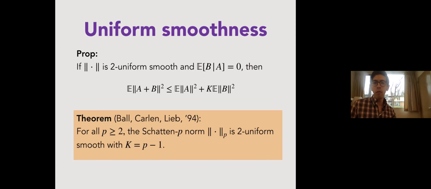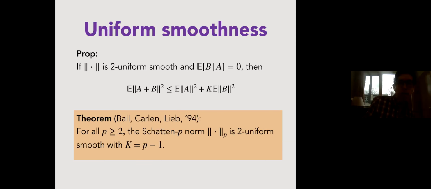This is the heavy machinery that we use: the Schatten P norm is uniformly smooth with a constant that is exactly P minus 1. This is the exact correct constant for the Schatten P norm. Or let's just agree to call this P for now, because it makes it easier to write on the next slide. So just to conclude the argument,